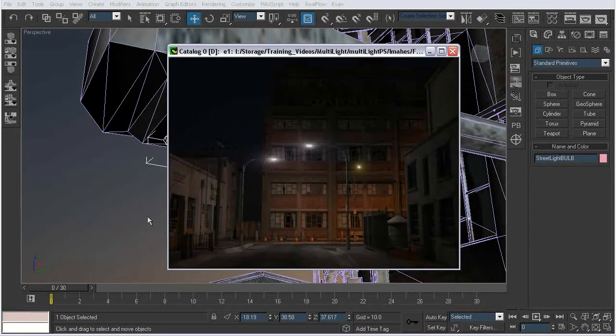You can't really tell, and the only way you'd be able to tell is if you zoomed in like I am right now, because I've made the street lights glaringly bright, so you're not going to be able to tell that workaround is there. But just so you know, that's a handy little trick if you need to, because with Maxwell, a lot of times